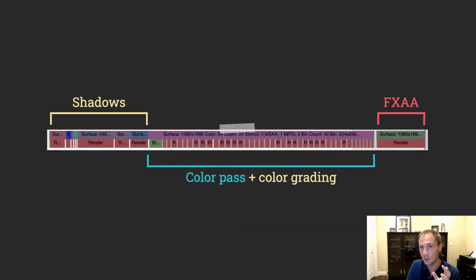And the outcome of that is when we look at the anatomy of the frame, if you look at the end, the color grading pass is gone. It has been merged with the color pass because the driver can see that we can do both at the same time within the tile, so they've been collapsed together. Interestingly, if you look at the patterns, we can still see the resolves between the render blocks, but those resolve in RGB8 instead of RGBA16F. So it's a lot less data. It's half the data, so it's a lot faster.